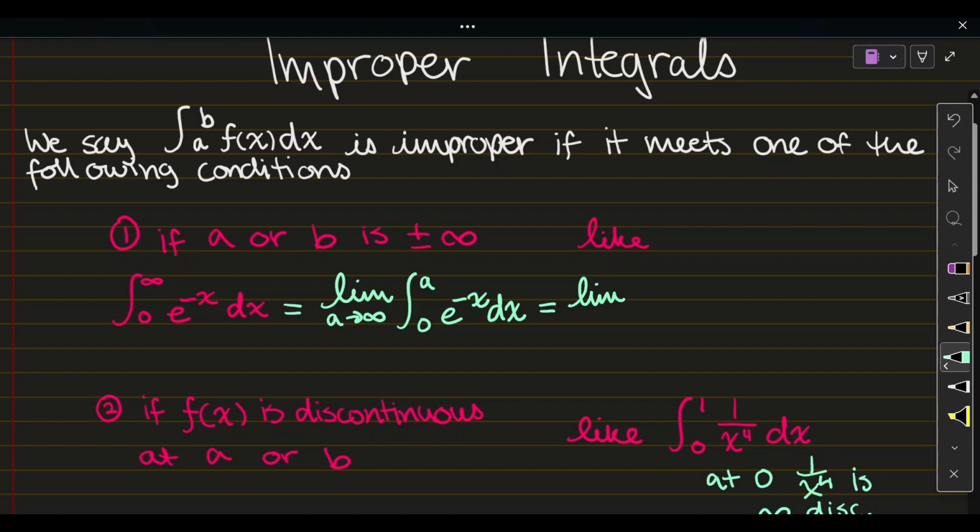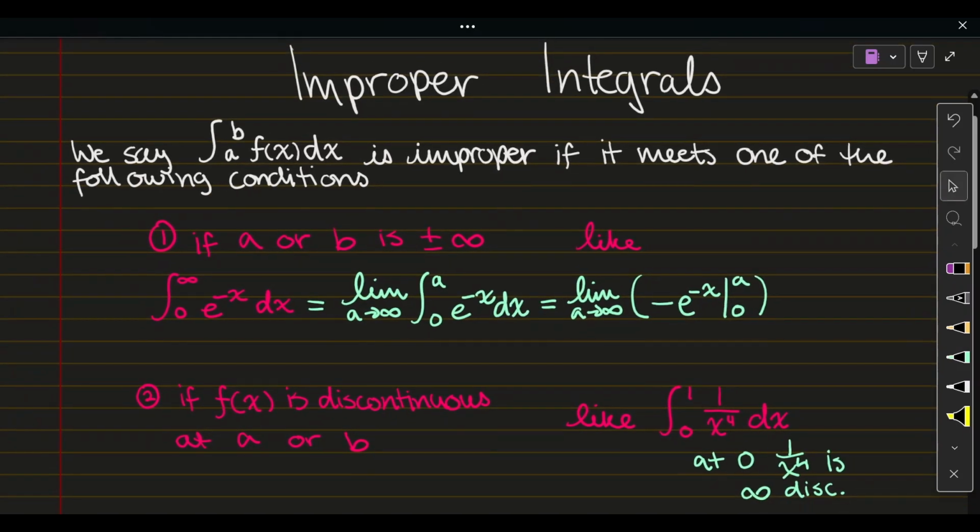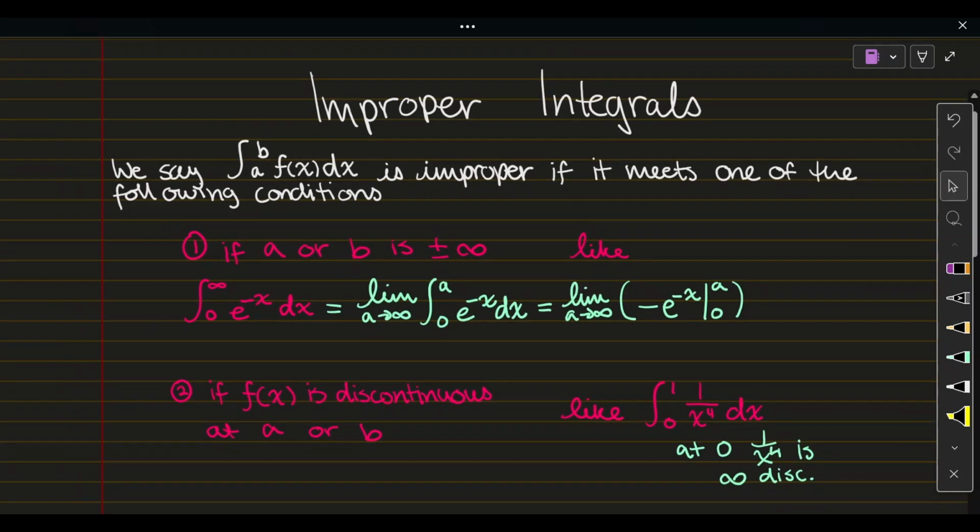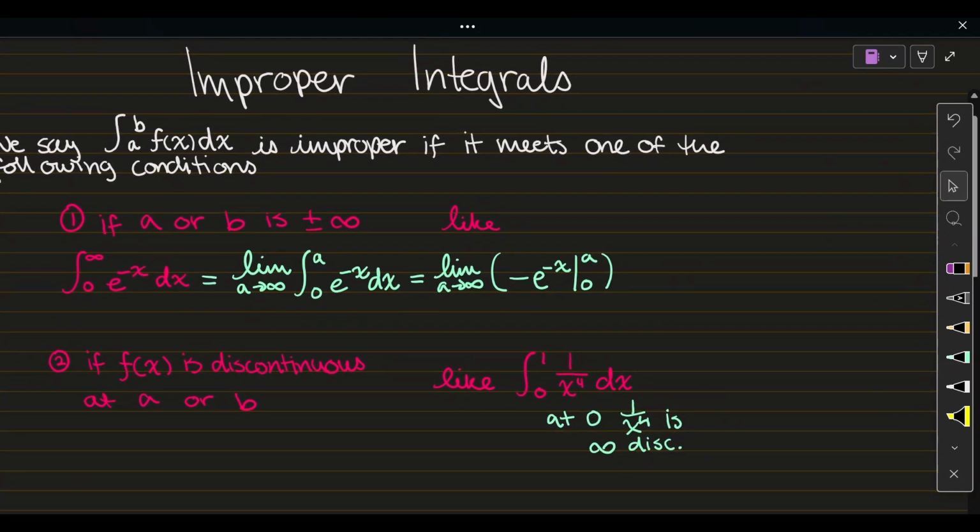Namely, this is the limit as a goes to infinity of the integral of e to the minus x, which is minus e to the minus x, so minus e to the minus x evaluated from 0 to a. Okay? So we could evaluate that, and I leave that to the viewer to evaluate and see if that gives you a value. It's worth mentioning that in general, if I have an improper integral, the integral from a to b of f of x dx,